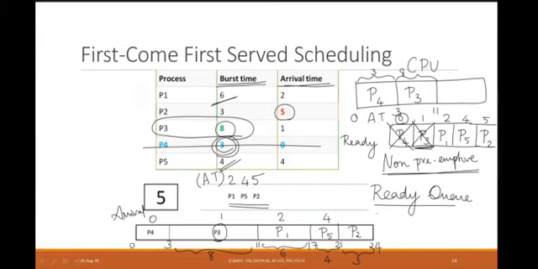Next we'll go to process P1. So P1, how many time units? P1 has to spend 6 time units. This 6 added to this 11, so it is 17. And lastly, you have your P5 followed by your P2. P5 has a time of 4. So 17 plus 4 is 21. Finally, P2, 3 time units. 21 plus 3 will be 24. Yes? So this is your Gantt chart.